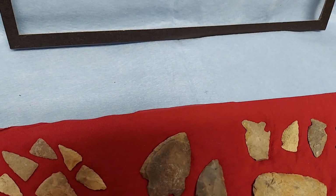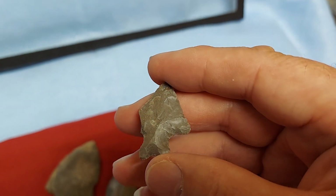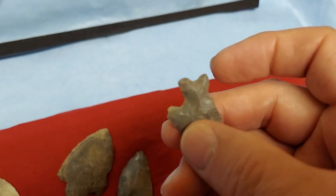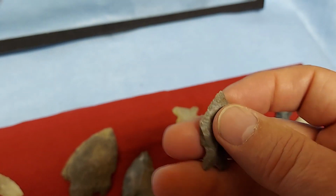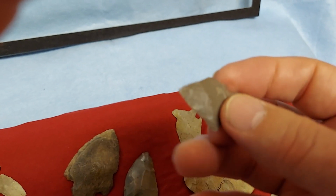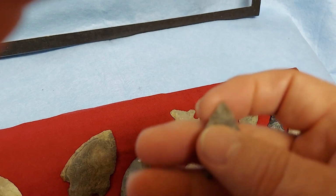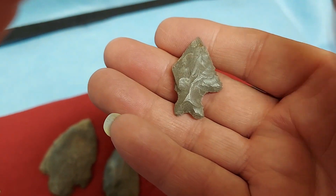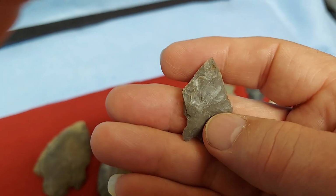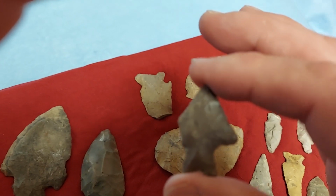This little brownish colored one here, in another frame, I might have to put these two together, but I found another one very similar to this. Same colored material, same everything, and looks like they were made by the same guy. And I found this one about a mile away from the other one. But it's this beautiful glossy brown flint. Some people have told me that is the highest quality